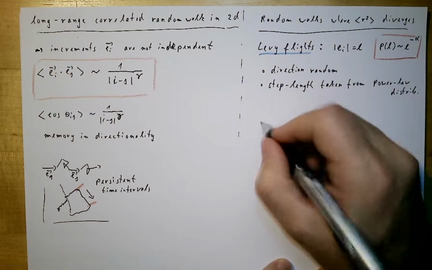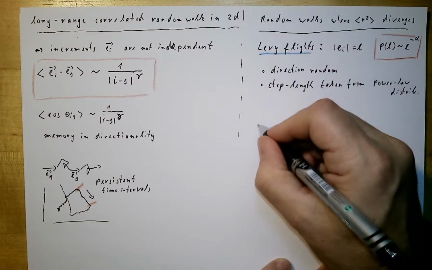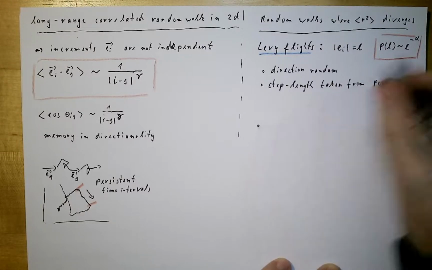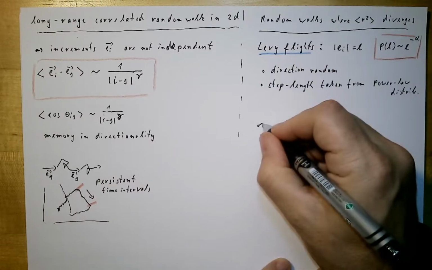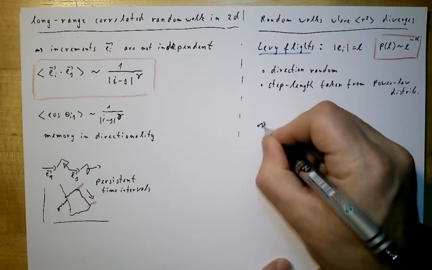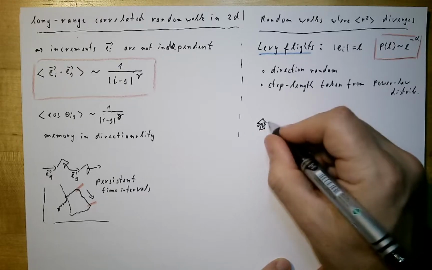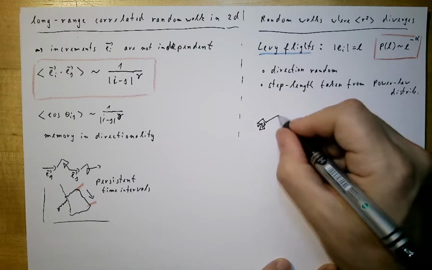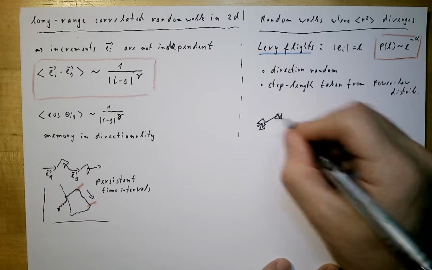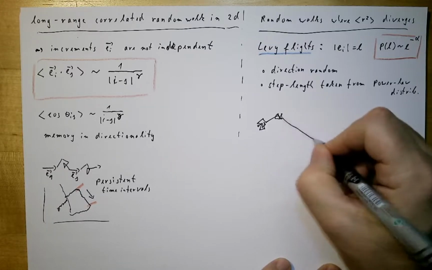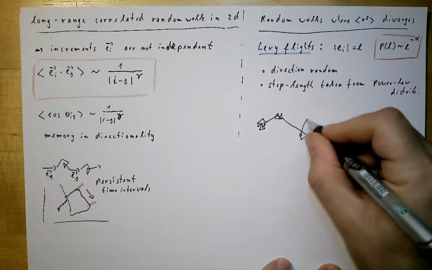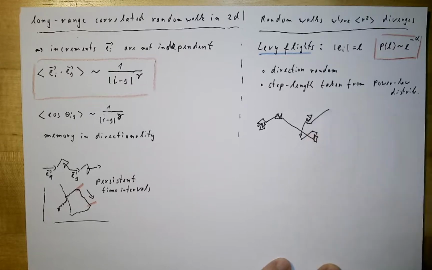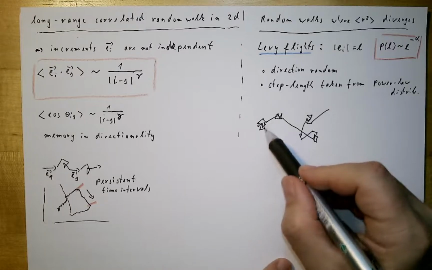So we know from a power law distribution, if we start somewhere, most step lengths then will be very small. So we have a very small step, and then we have random directions, so very small steps, so the walker goes around, and then occasionally we have a larger step. Then we have again many small steps, and then we could have a very large step, and then something like this. So that would be a typical example of such a 2-dimensional Levy flight,